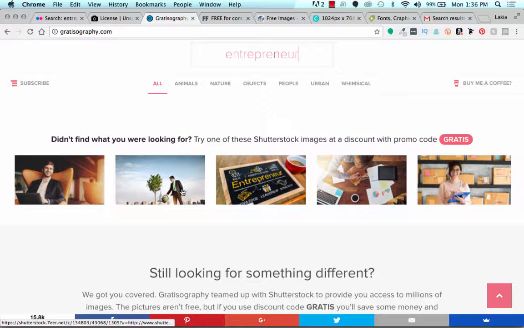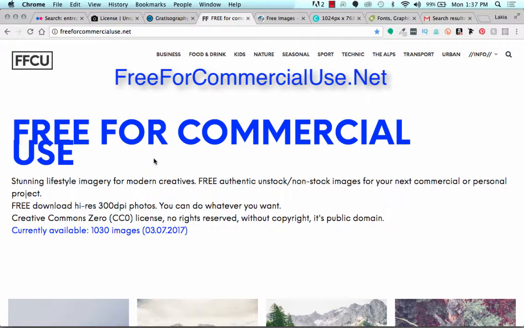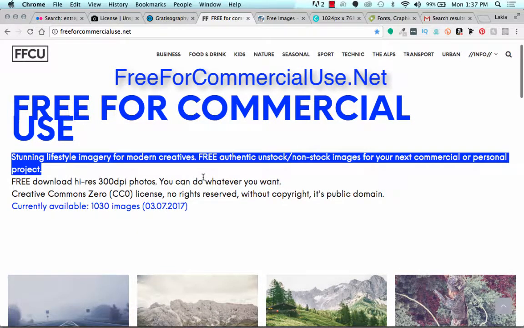So these are pretty cool. These are some really cool, totally different than the Flickr. All right, so gratisography.com. Another place you can use is free4commercialuse.net. And typically when we go to these sites, they will, like I said, give you everything you need to